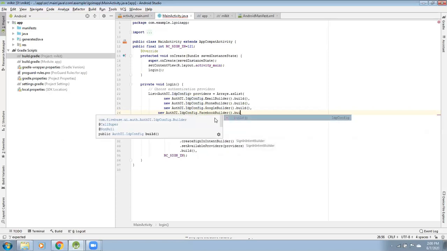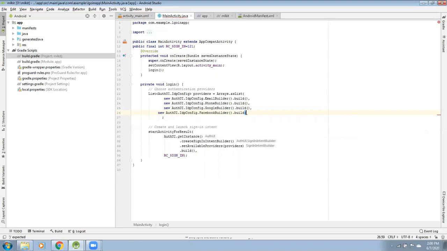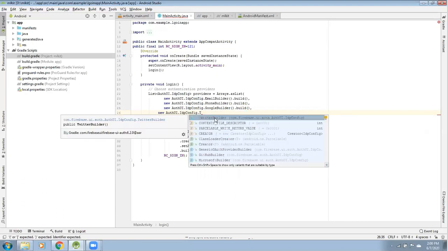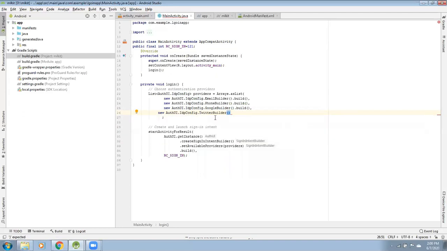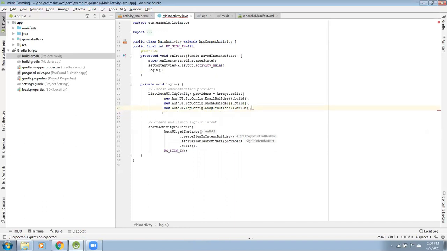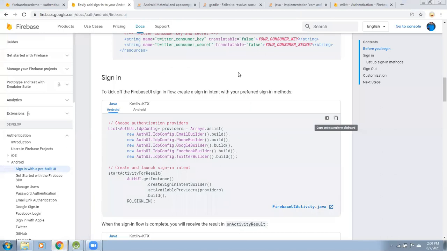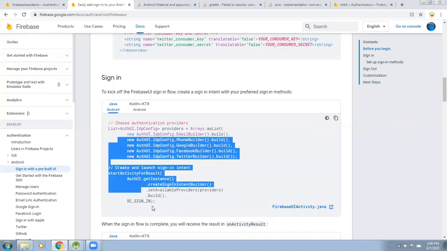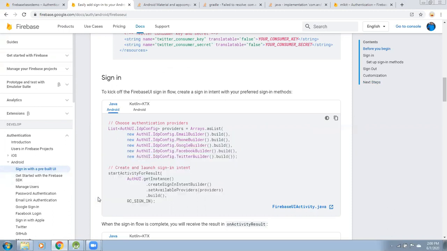If you're having the developer ID, you can do it, as well as Twitter builder. You can get Twitter builder also, and so on. So for this, I'm going to only show email builder, phone number, and Google builder. After doing that, next step, after copying this code, we have copied this code actually, and next step is add